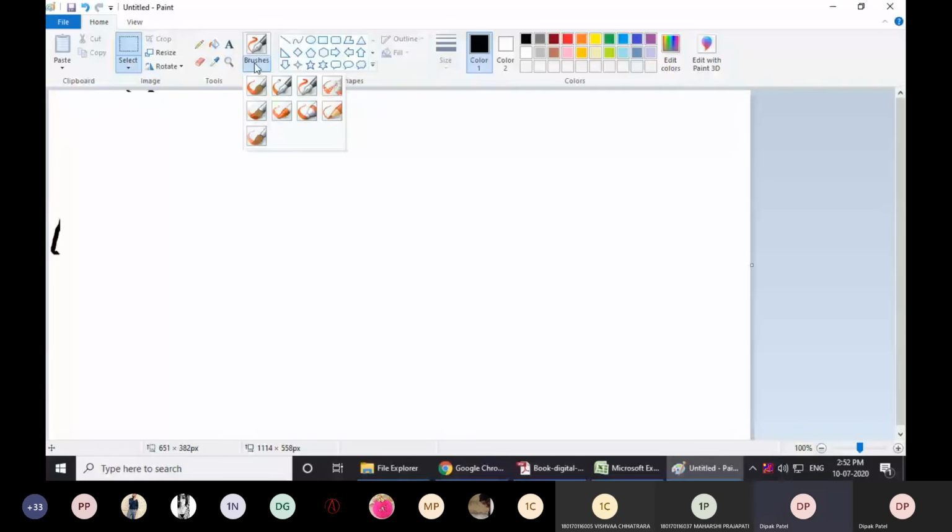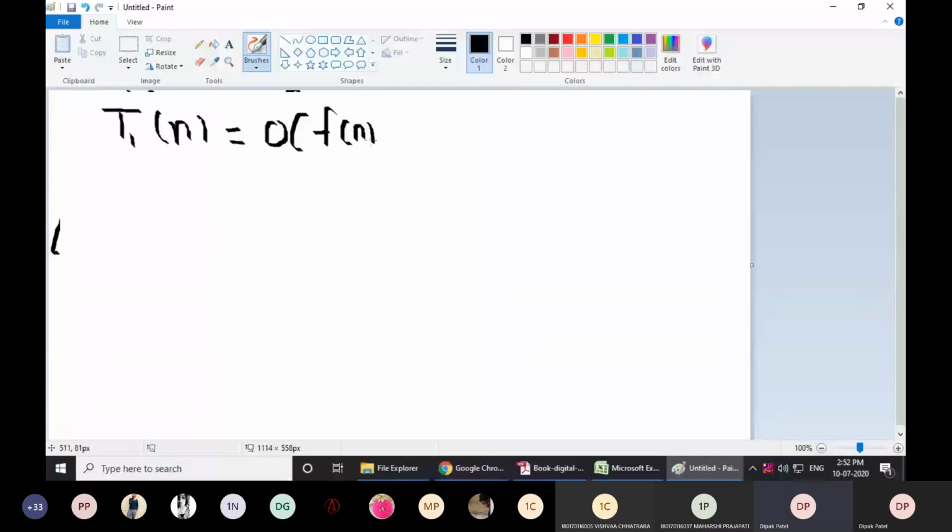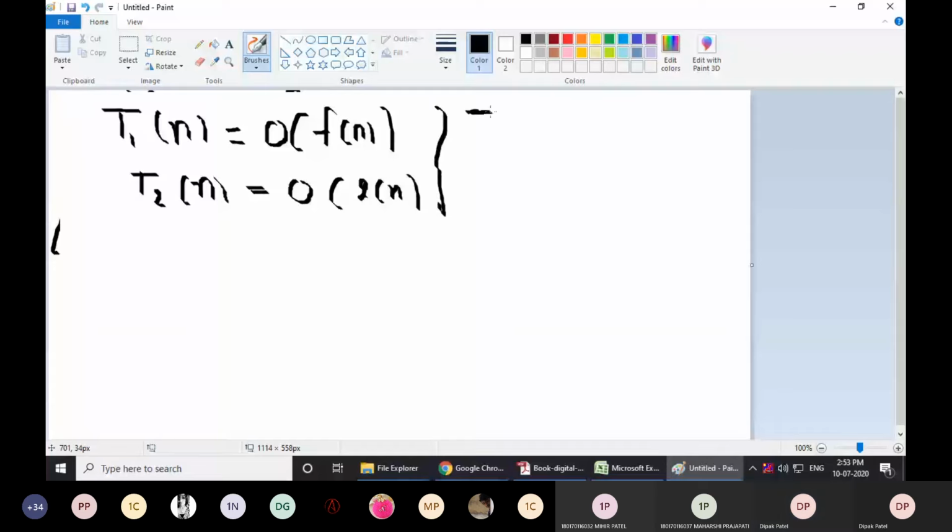If I have two algorithms, T1, one algorithm having time complexity big O of f(n), and the other algorithm having time complexity T2, big O of g(n), right? Then prove that T1(n) plus T2(n)